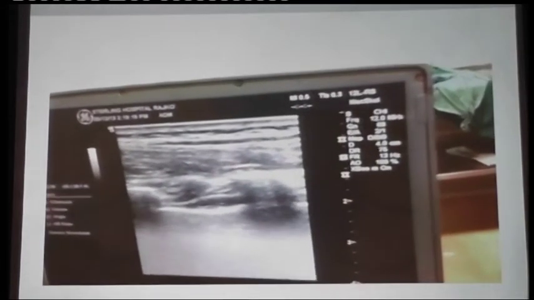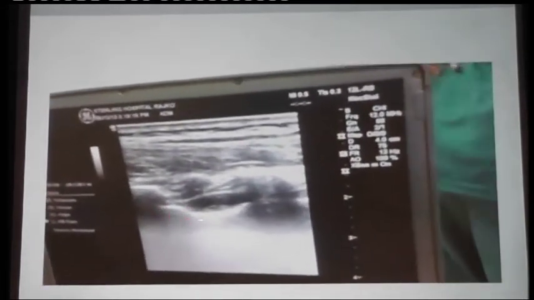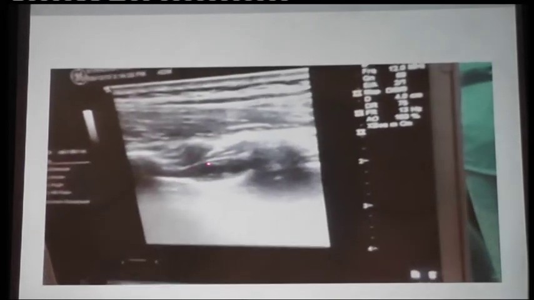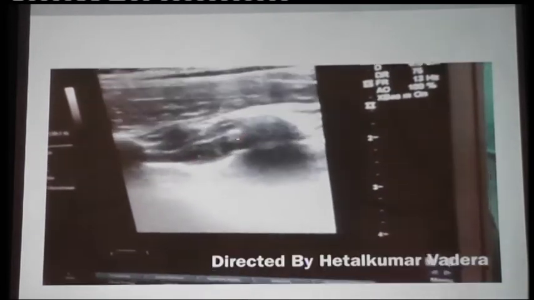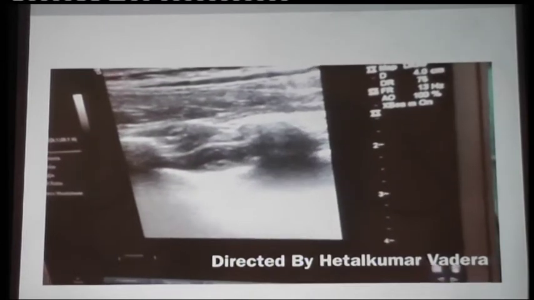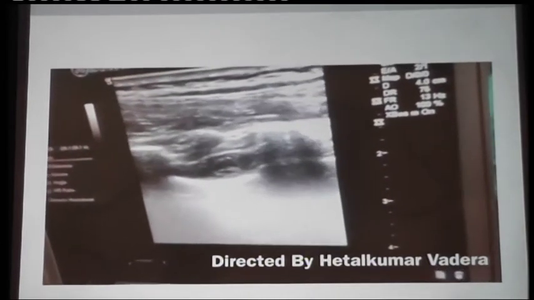I will start injecting the drug, and here you can see on the ultrasound, this is the rib, this is the pleura, this is the superior costotransverse ligament, and the drug is spreading in the right plane. So you can give this block very well with the LOR technique.